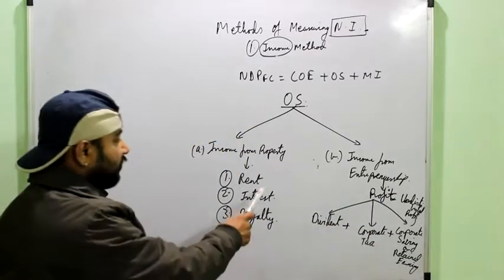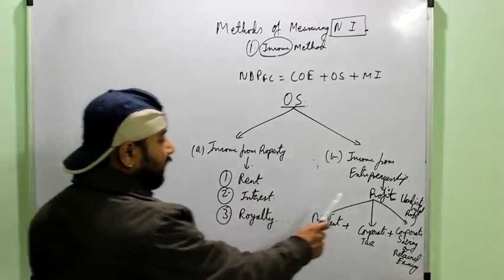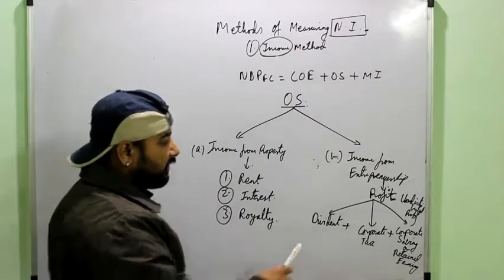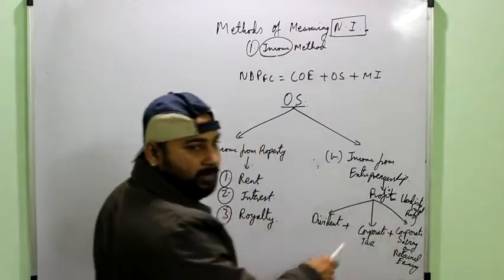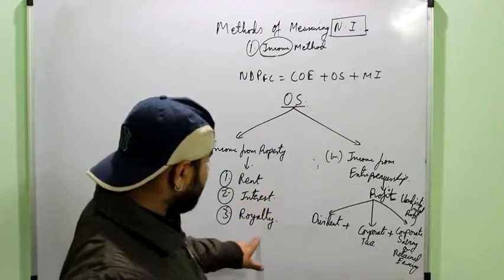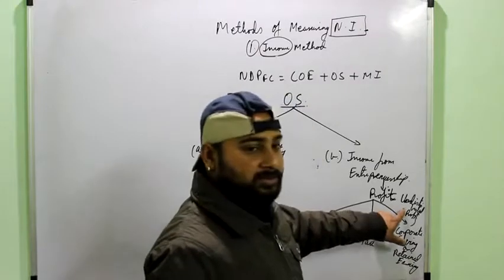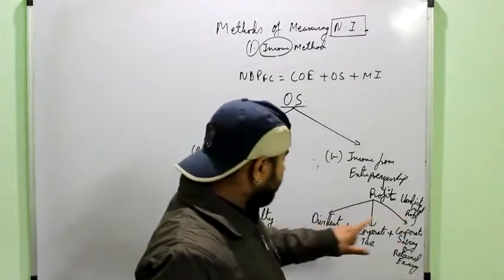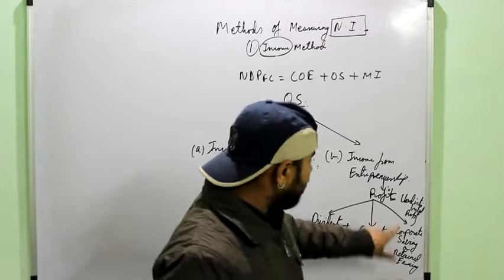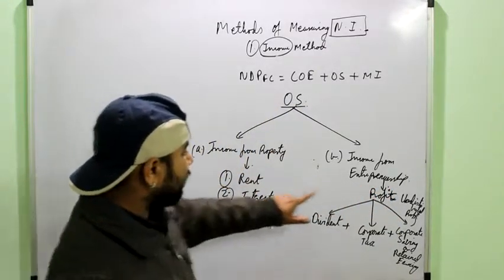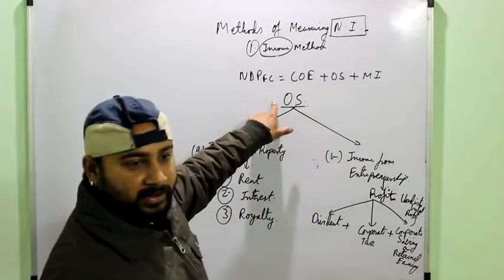So in that question, you will add rent, interest, royalty and profit and you will get your operating surplus. In some of the questions, even the profit can be broken. It means that rent, interest, royalty is given and dividend, corporate tax and corporate saving or retained earning or undistributed profit is given. So in that case, first you will add these three, you will get the profit. Then you will add rent, interest and royalty to the profit and then you will get your operating surplus.